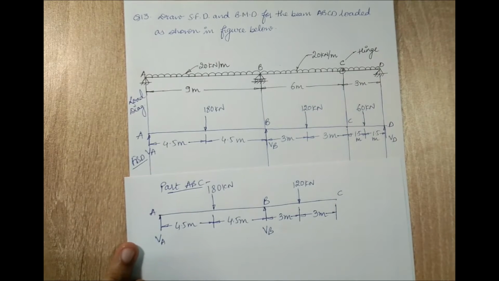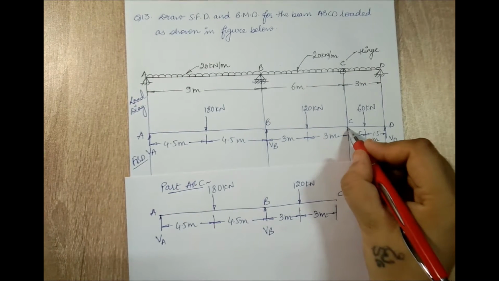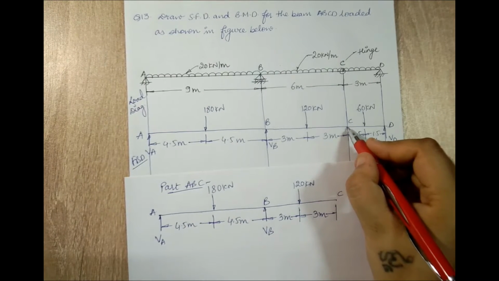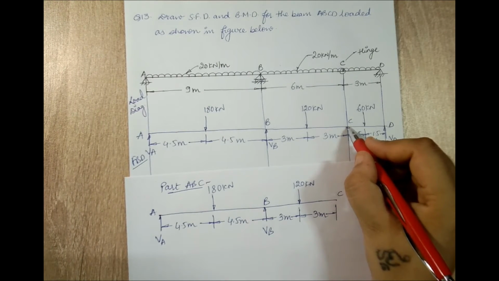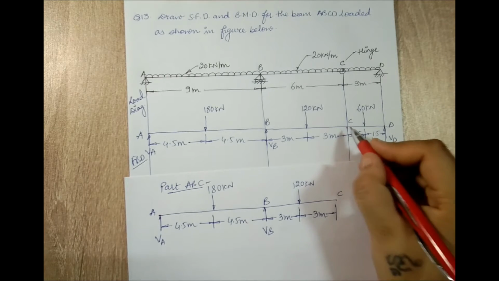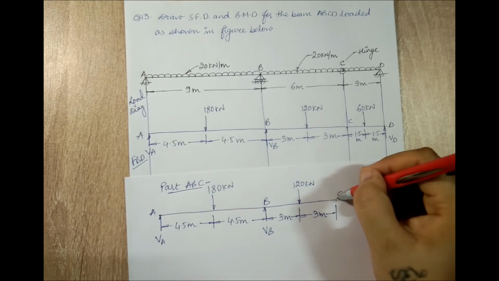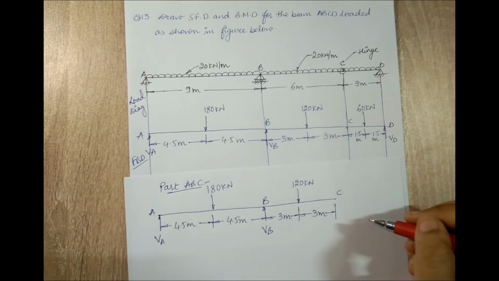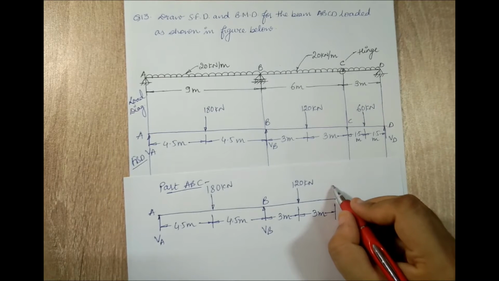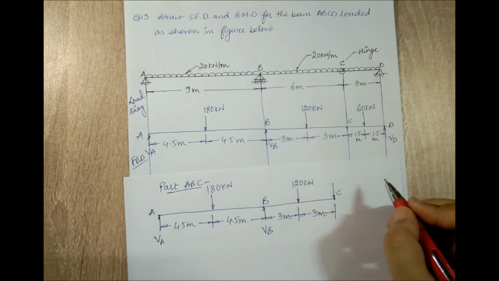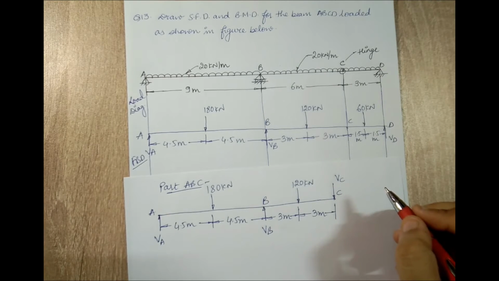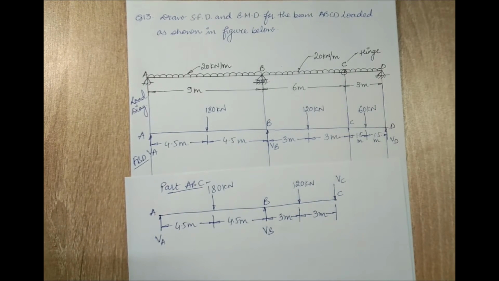Now when I talk about this part, you have to understand that for a hinge, when you break the beam, here there is a reaction which you will observe because it is a hinge. So when you observe a reaction, you need to draw some kind of reaction at this point. Now it can be either from downward direction or from upward direction. I am assuming that at this point there is a reaction from upward direction. I call it as VC.